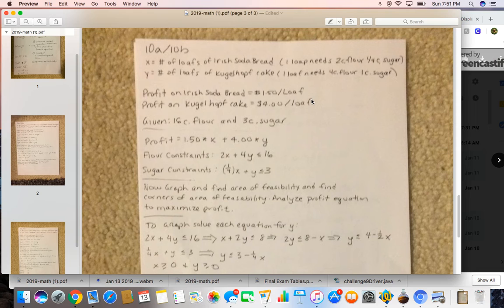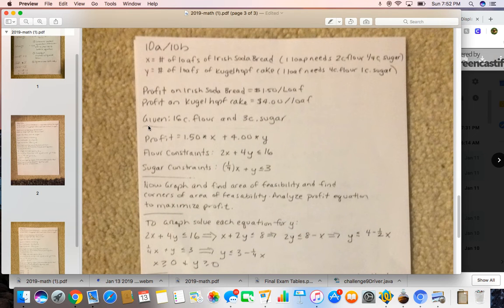The problem goes on to tell you that the profit on every loaf of Irish soda bread is $1.50 per loaf, and the profit on the Kugelhof cake is $4 per loaf. Now, you are given a total of 16 cups of flour and 3 cups of sugar. So what you need to do is come up with your profit and constraint equations, and flour and sugar will be your constraints. So we're going to make $1.50 for every Irish soda bread plus $4 for every Kugelhof cake. So that's why our profit equation is